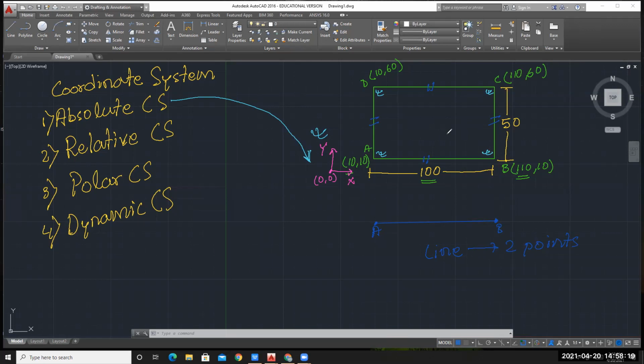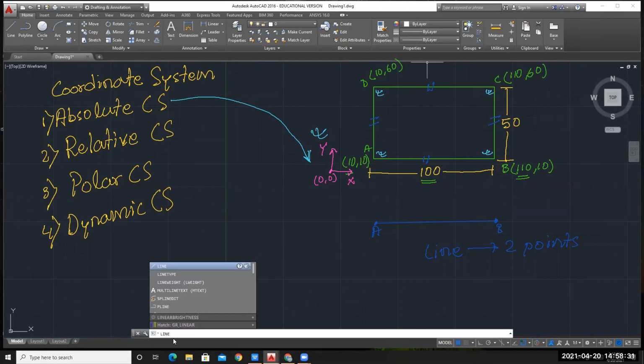Okay, so now I will show you here. Suppose for drawing any line, you have the line command. So in the command line, you can see here, I have typed LINE. Either you can type line, or simply you can press the L shortcut and press enter. So it will go for line command.